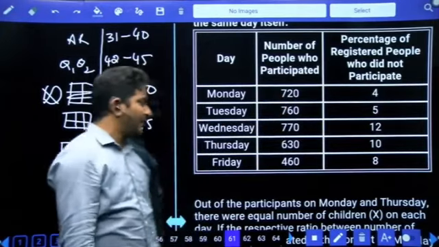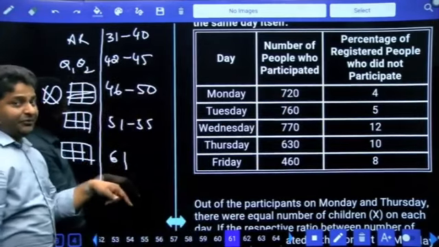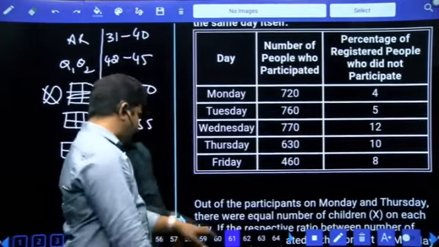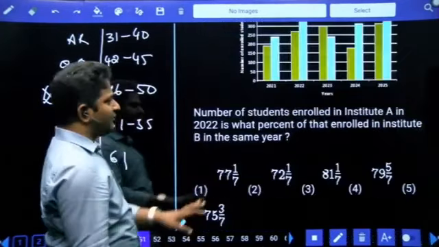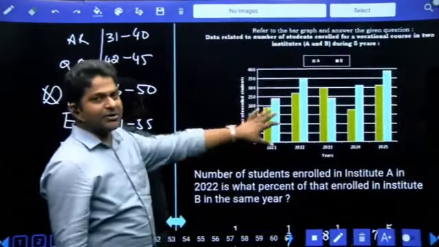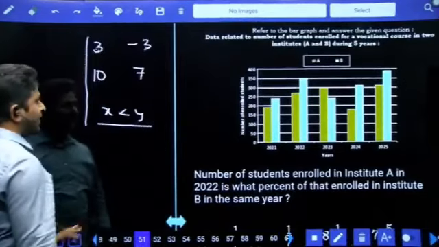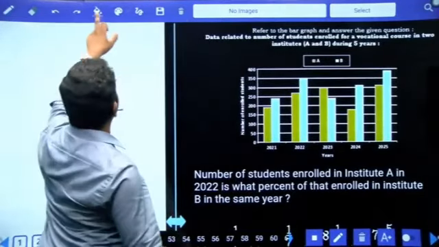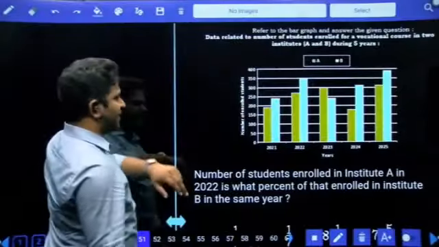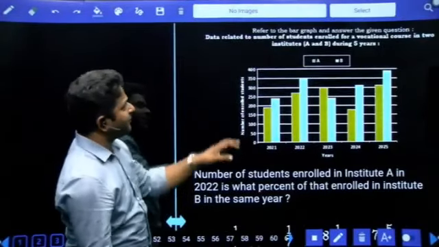Percentage conversion is there. But 51 to 55 table is just a simple table, but there you just need to convert data given in bar chart to table. If you are done with that, it will be very easy. It won't take much time and questions can be solved in very less time.